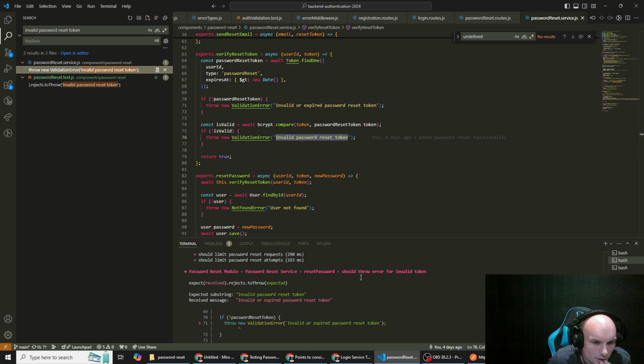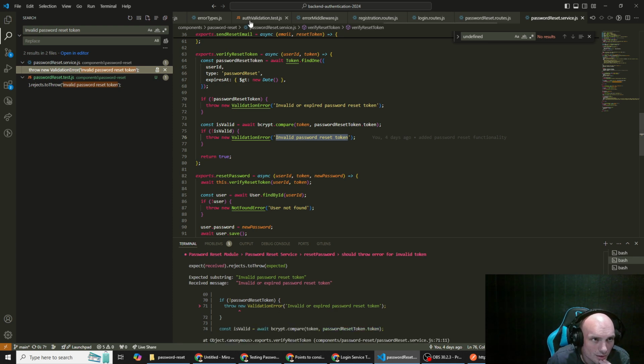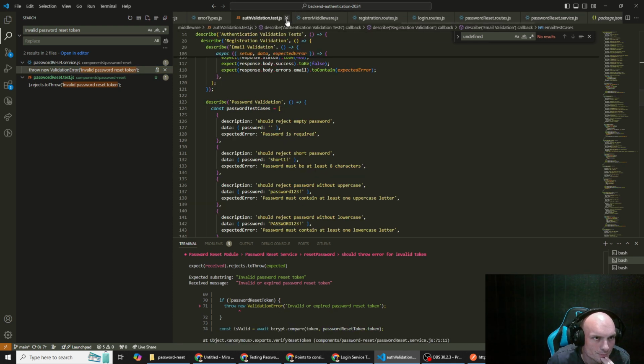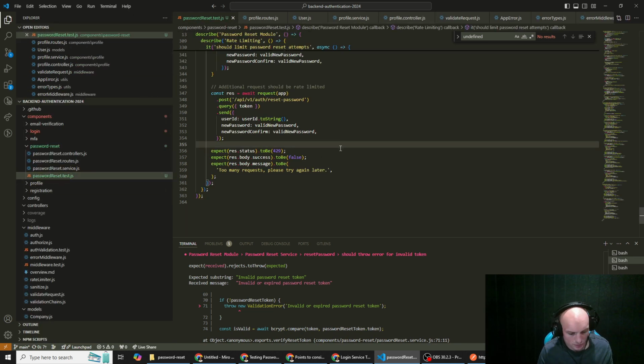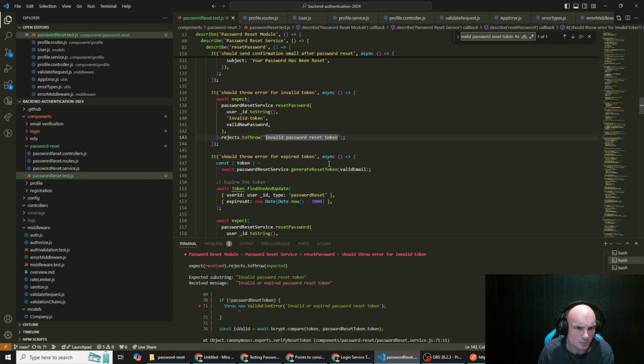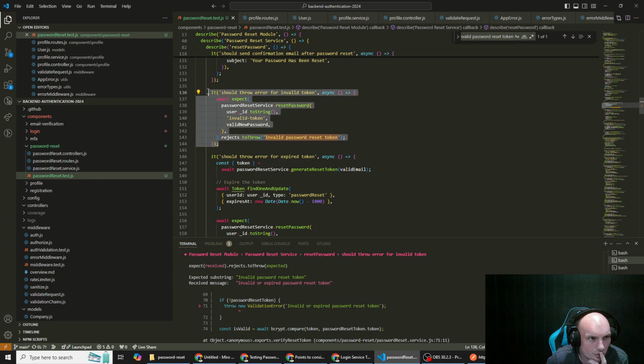So the password reset should throw an error for an invalid token. So here we've got is valid, comparing the tokens. If it's not valid, it's throwing the validation error. So I think that's just a problem with our test, to be honest. We go back here, Control F, Control V. Should throw an error for an invalid token. So that test does pass, and then